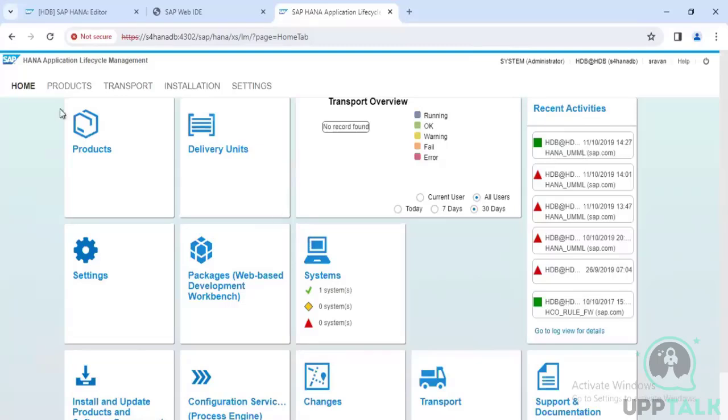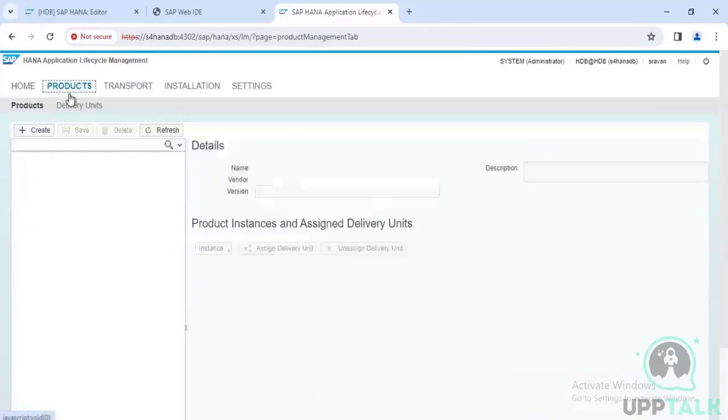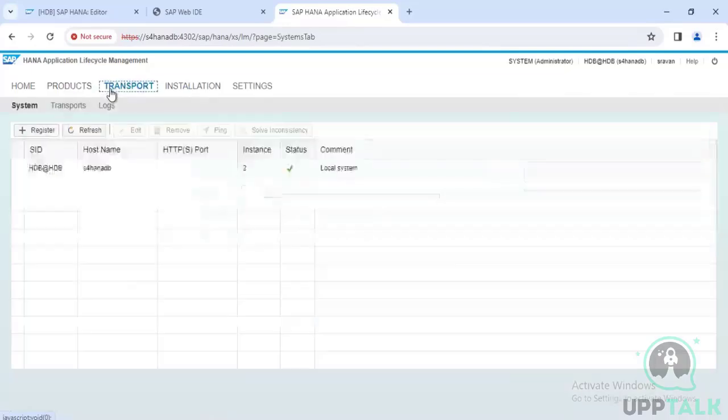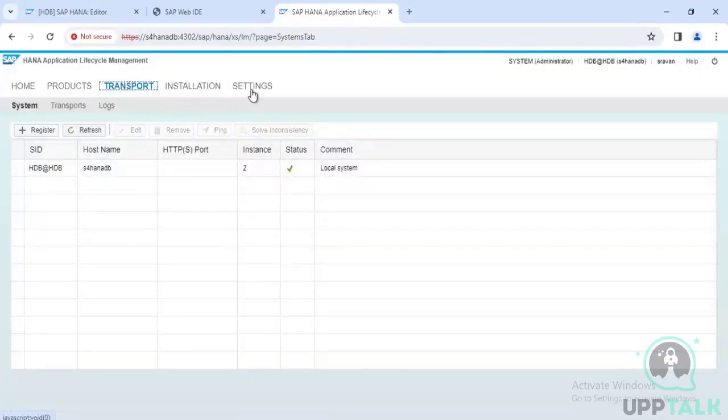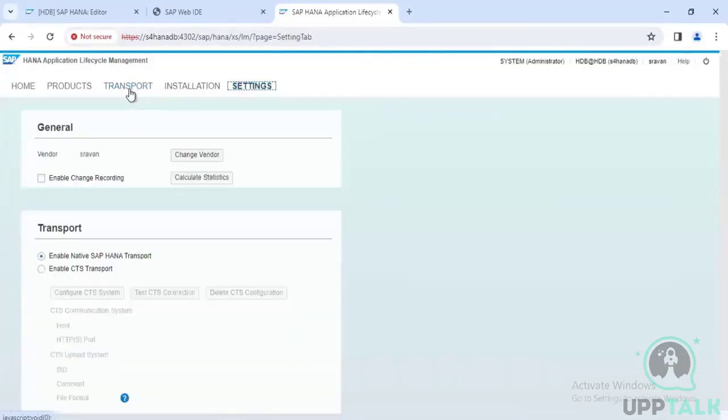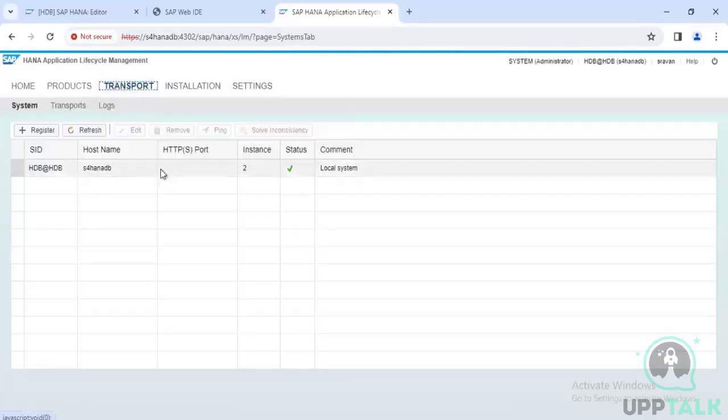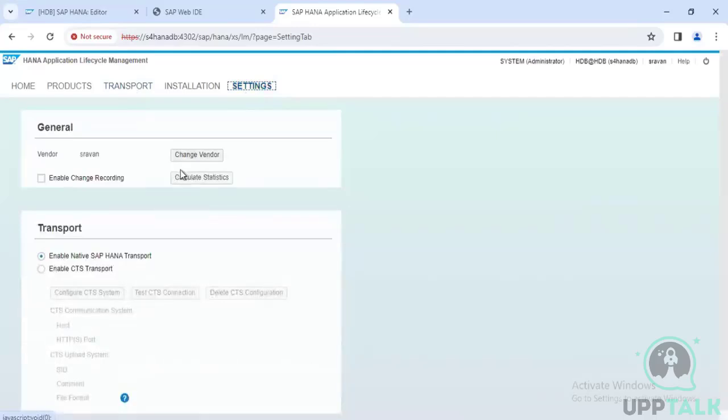Now you can go to this home. Products and all are used by the application developers. Basically, if they want to create a new product, the modelers or the application developers can do it. But we are going to only create a transport. Before doing the transport, suppose for this transport everything is active, but let us say the DB admin's job is to